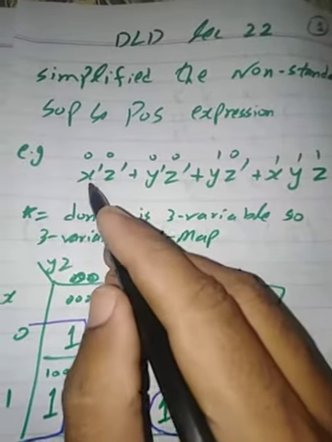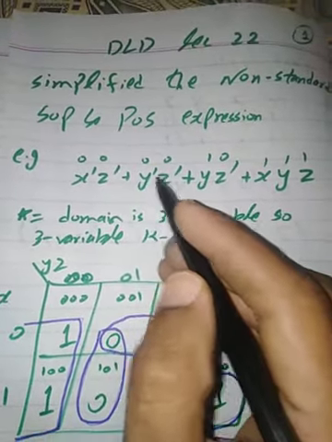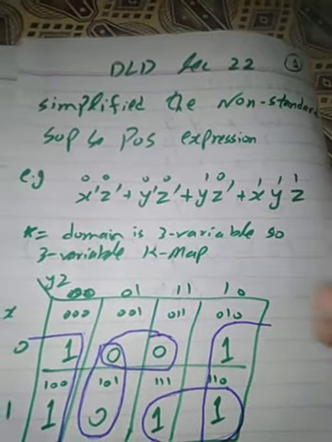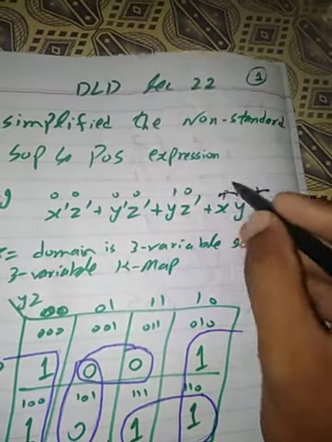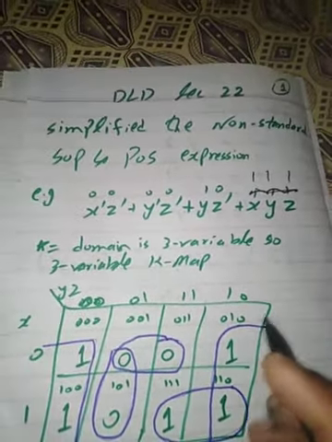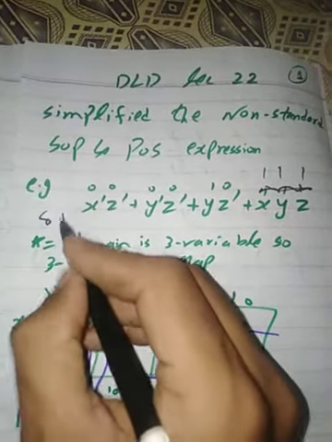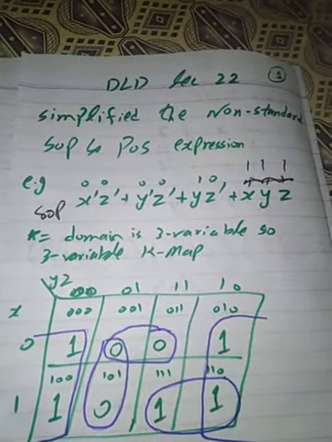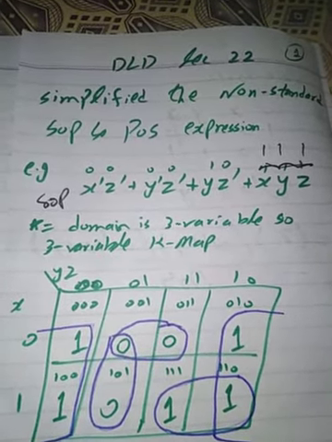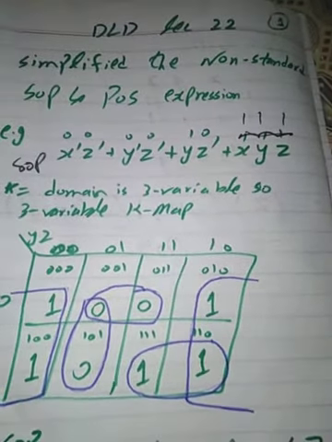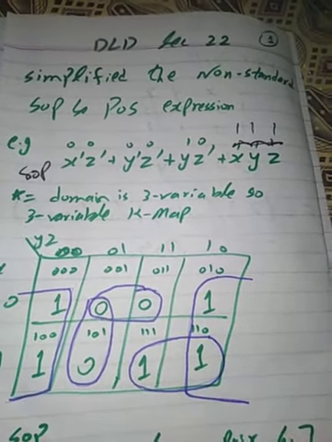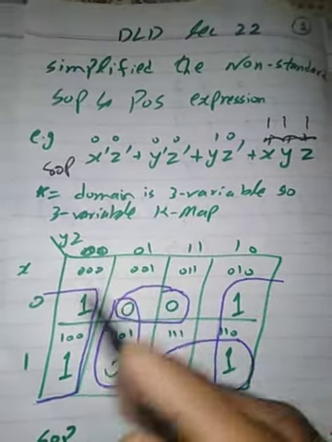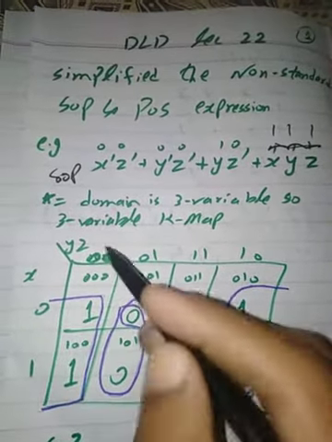So I have the expression x complement z complement plus y complement z complement plus y z complement plus x y z. This is not a complement, this is a 1. So this expression is an SOP expression. First check the variables: the domain is 3, so I can make a 3 variable K map. Now from one expression, whether SOP or POS, we find the simplified expression of both. So x y z, 8 cells are here: 0 1 0 0 0 1 1 1